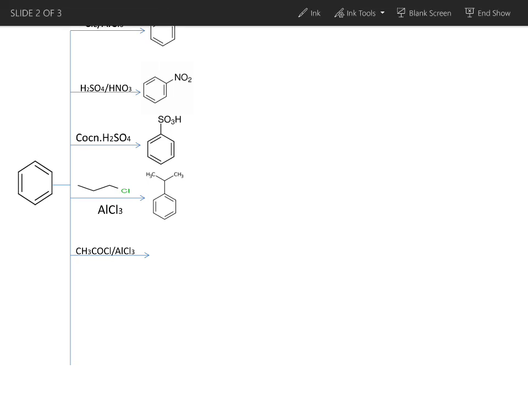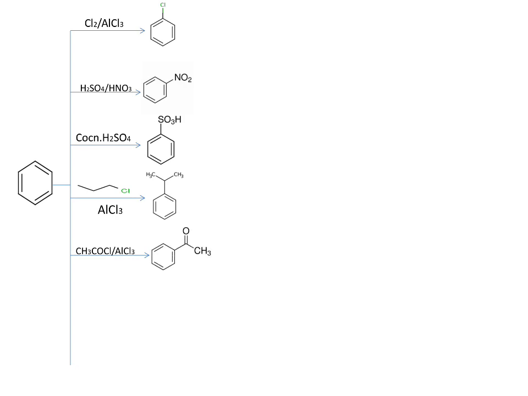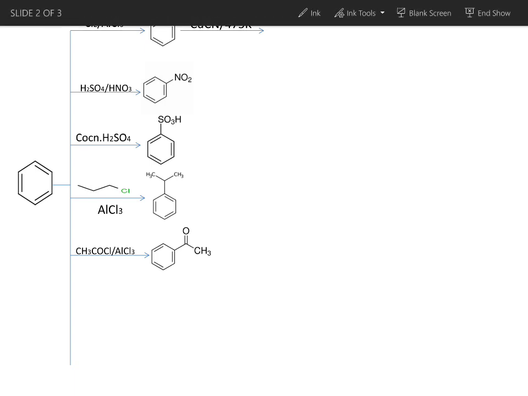Further, we'll see some reactions of these benzene derivatives. Starting from chlorobenzene. Chlorobenzene is further reacted with copper cyanide at 475 Kelvin. In this case, copper cyanide will form a nucleophile CN-.